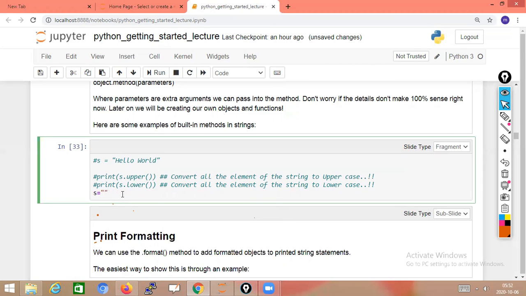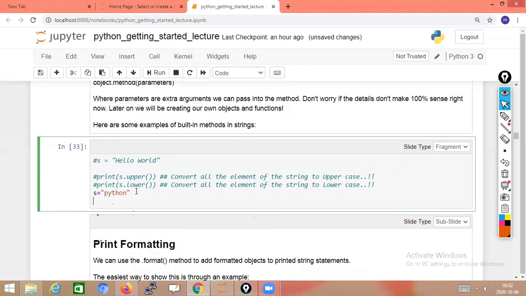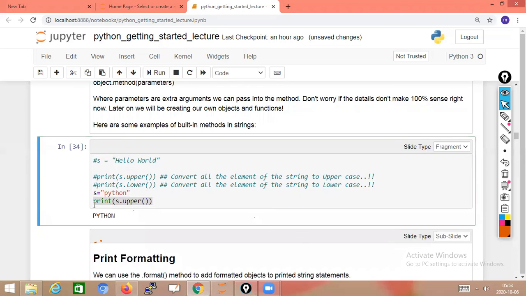You take Python. Now I want these Python letters to be in capitals. So print s dot upper function, parenthesis. Select this line. Control Enter. You had Python in small letters. Now you got it in capital letters.